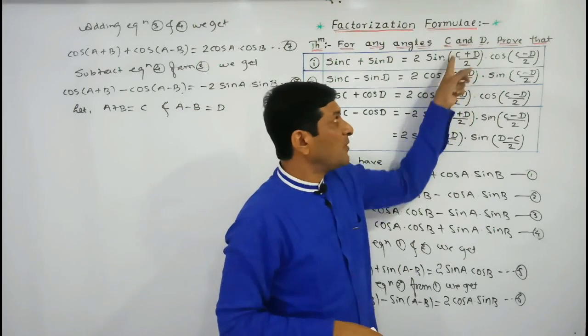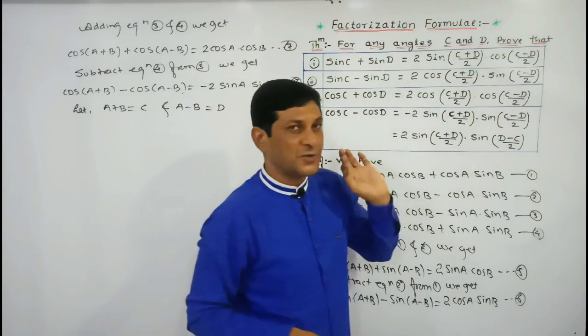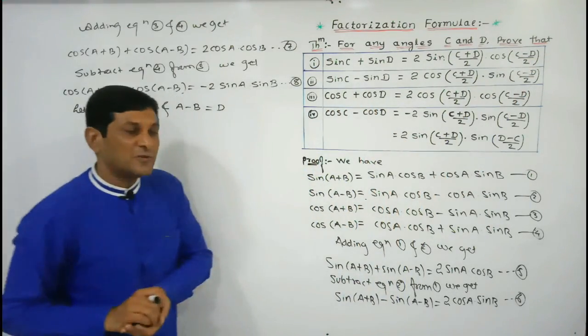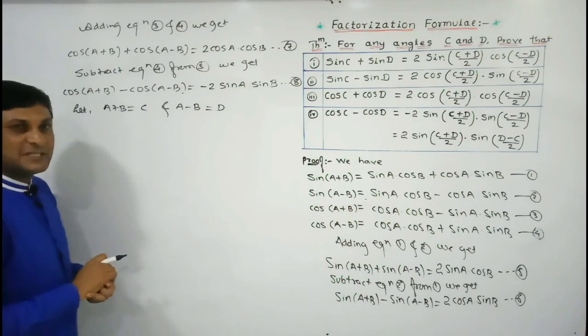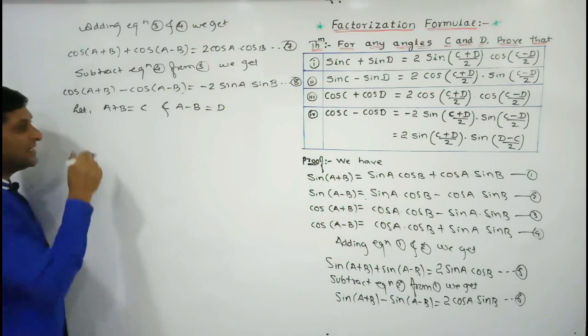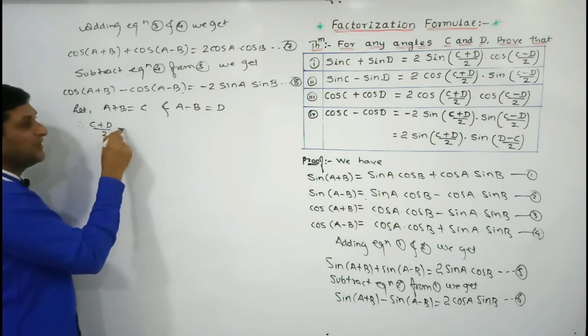We will require the value of (C+D)/2 and the value of (C-D)/2. C is known to us and D is also known to us. So (C+D)/2 will be equal to